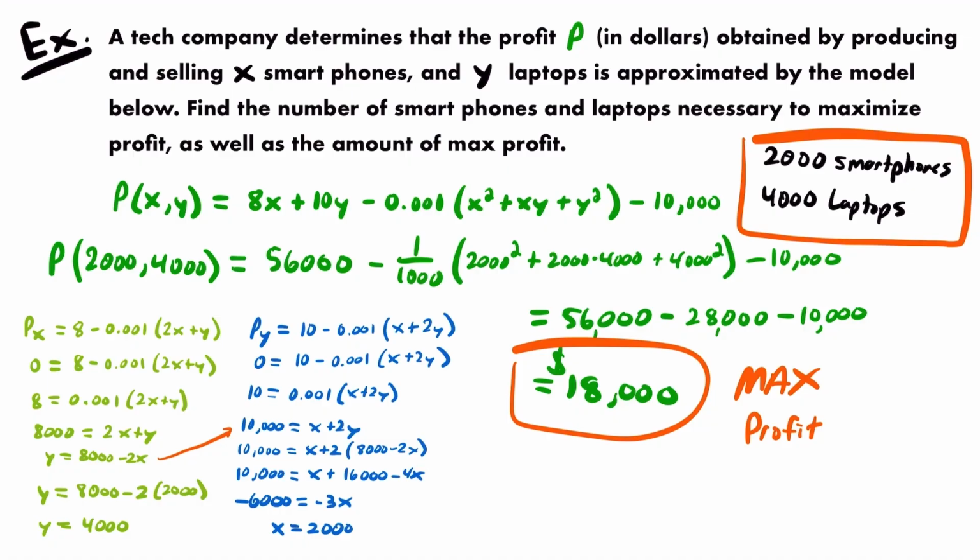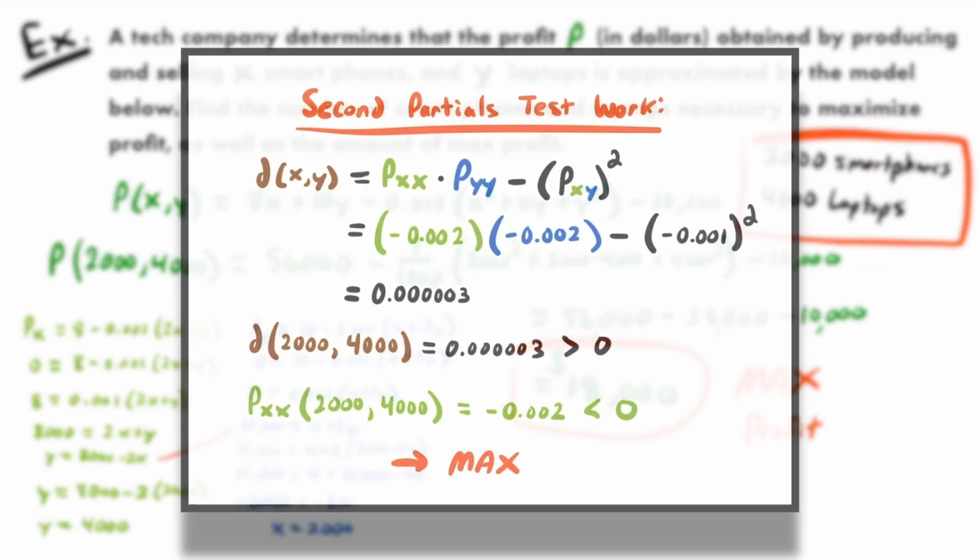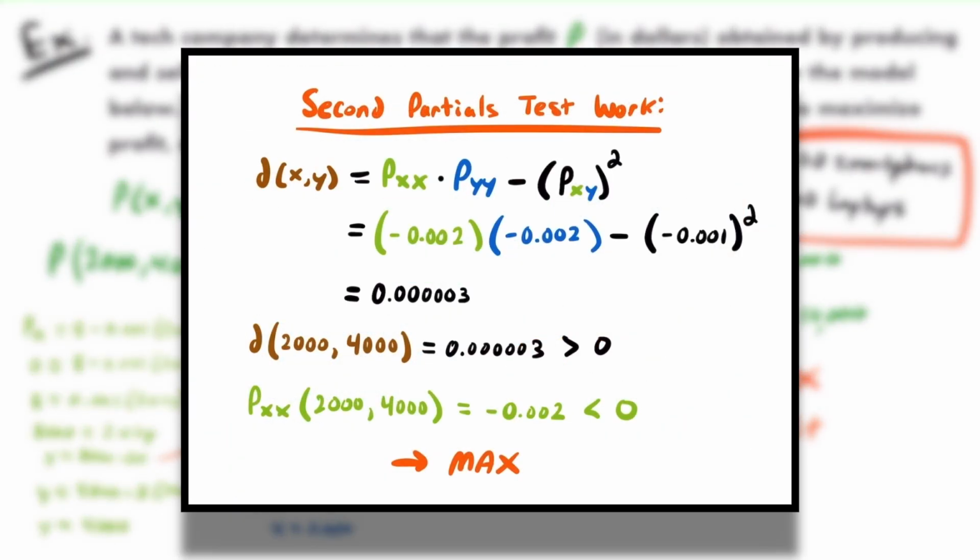But if you want to check to make sure that this actually is a maximum value, you could check the x and y values of 2,000, 4,000 using the second partials test, and so that would look like this. If you set up the formula for D for the second partials test in this example, Pxx is negative 0.002, Pyy is also negative 0.002, and Pxy is negative 0.001. So if you multiply those two values together and subtract this value squared, you get a constant value of